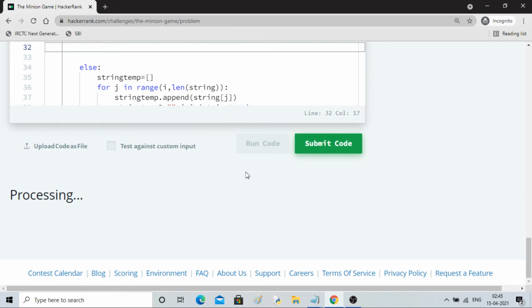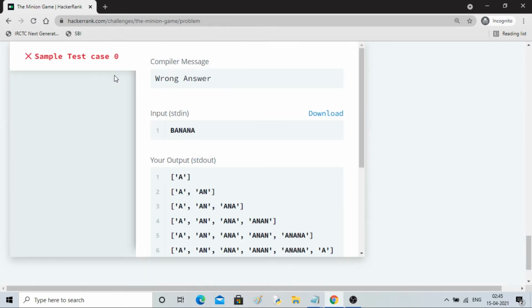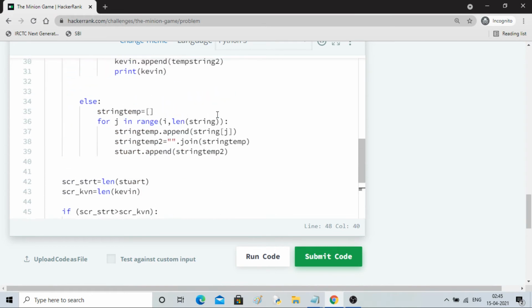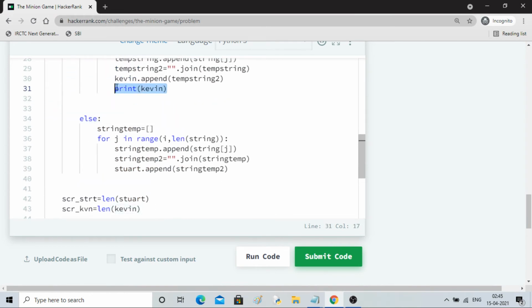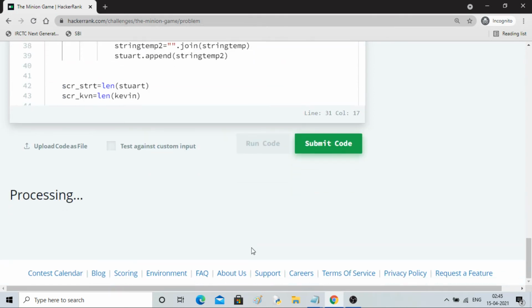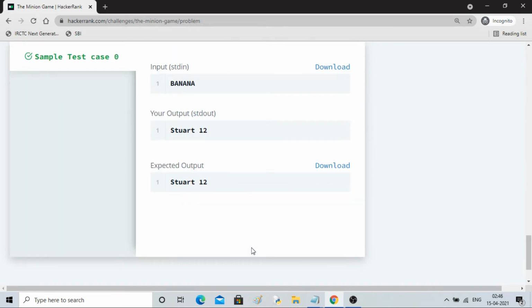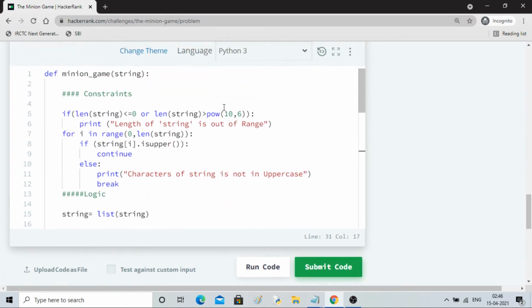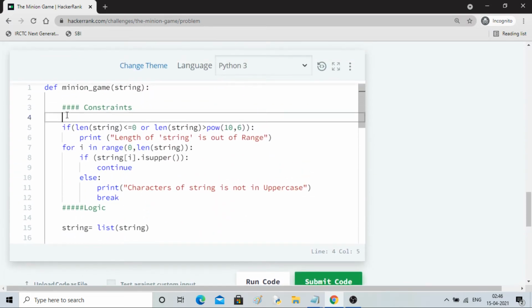Let me run this. I got a very nice idea I wanted to show you. Okay, so our test case is passing. Let me define a very heavy string. Now you will see the difference.